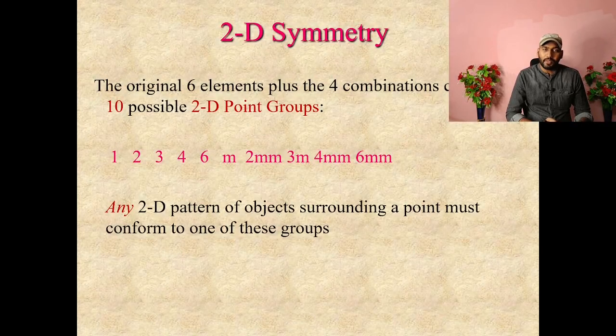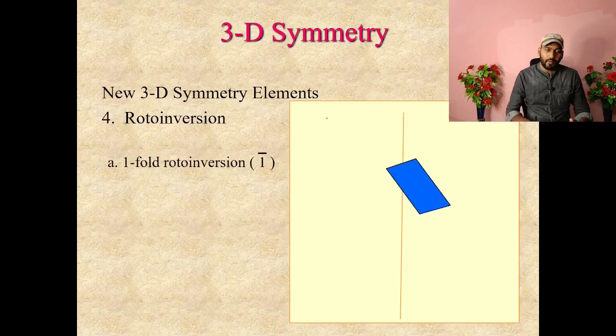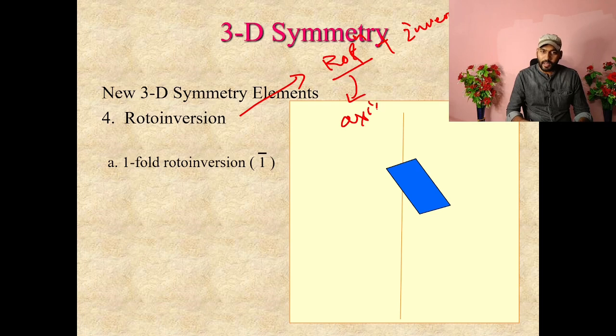In the last class, we have studied about the combination of rotational symmetry and reflection symmetry. In today's class, we are going to talk about roto-inversion, which is the combination of rotation and inversion. So rotation means rotational axis of symmetry, and inversion is the center of symmetry, or inversion through the center. Either way we can go: either we'll go for rotation, then inversion, or we'll do the opposite, inversion, then we'll come back